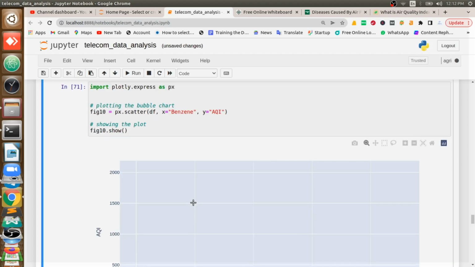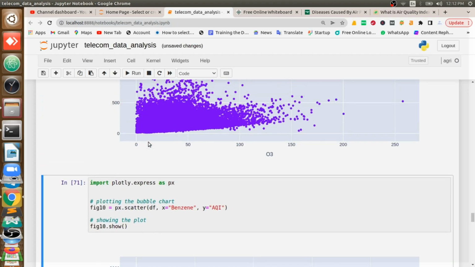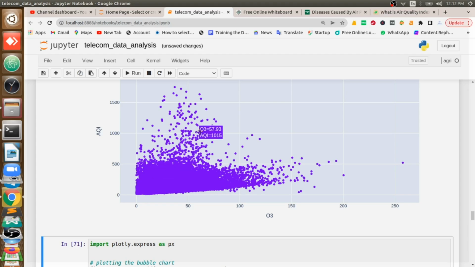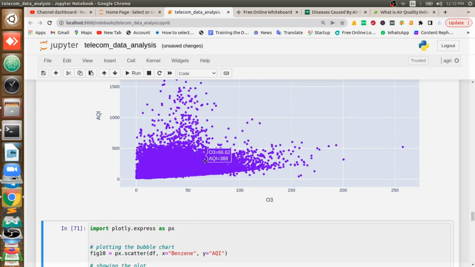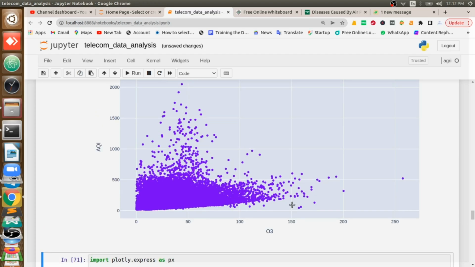If I check for ozone, that's O3, with an increase in O3, the air quality index is getting disturbed. These O3 gases are produced from fridges and such equipment. Fridge is the main source of O3, as my research says. So you can do a bit deeper research: from where O3 is produced, from where NH3 is produced a lot, from where CO2 we are producing a lot, whether they are produced from industrial sources or vehicle sources or some other sources.